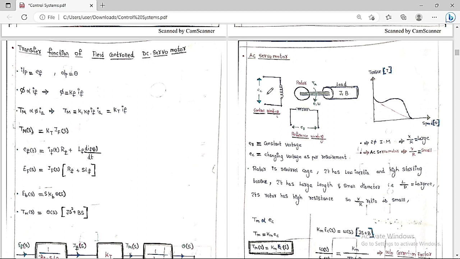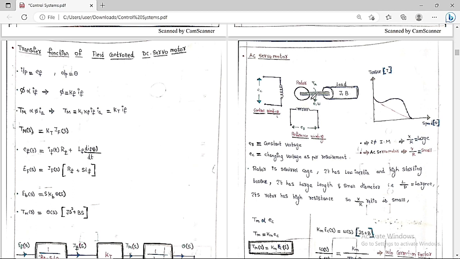We are going to change this voltage as per the requirement. The rotor we are going to use in a servo motor is basically a squirrel cage rotor, and it has low inertia and high starting torque, and also it has a large length